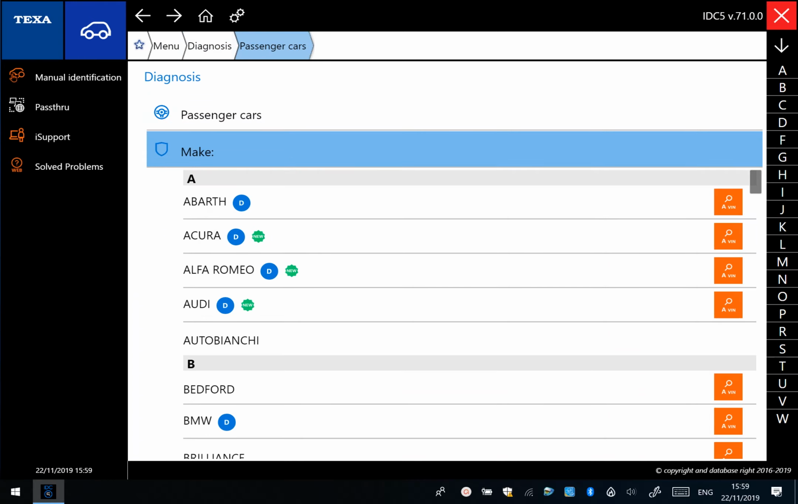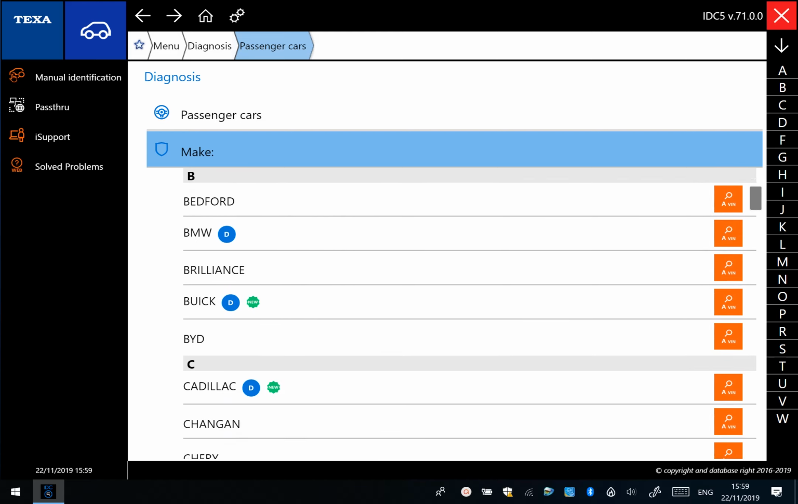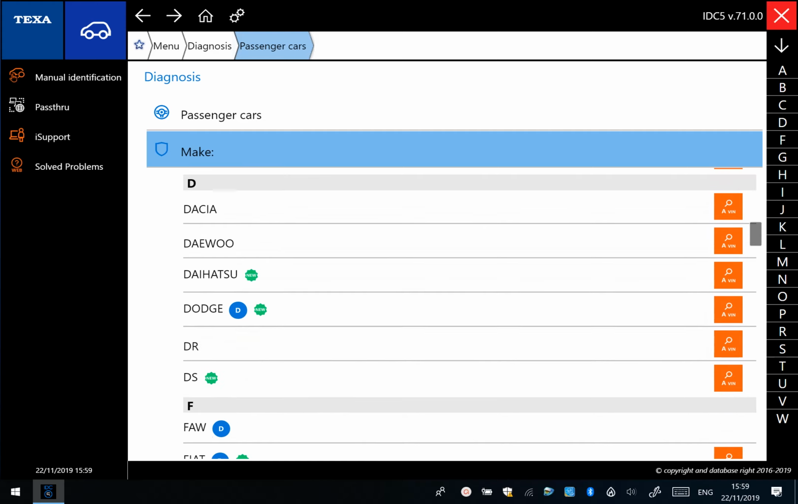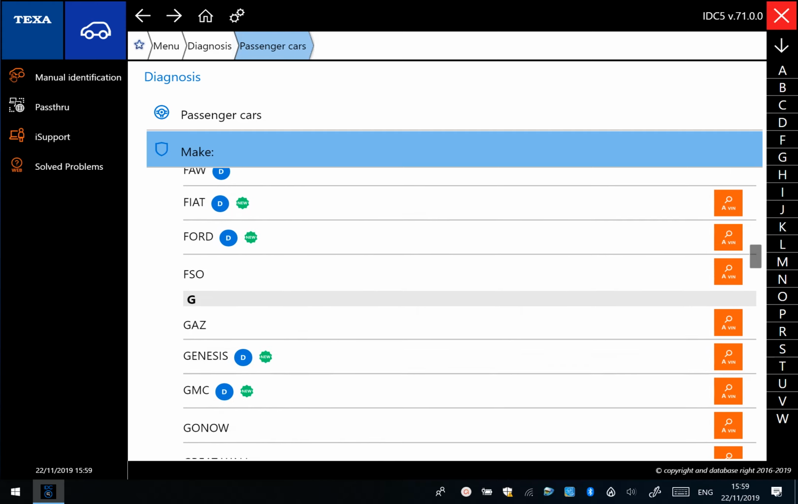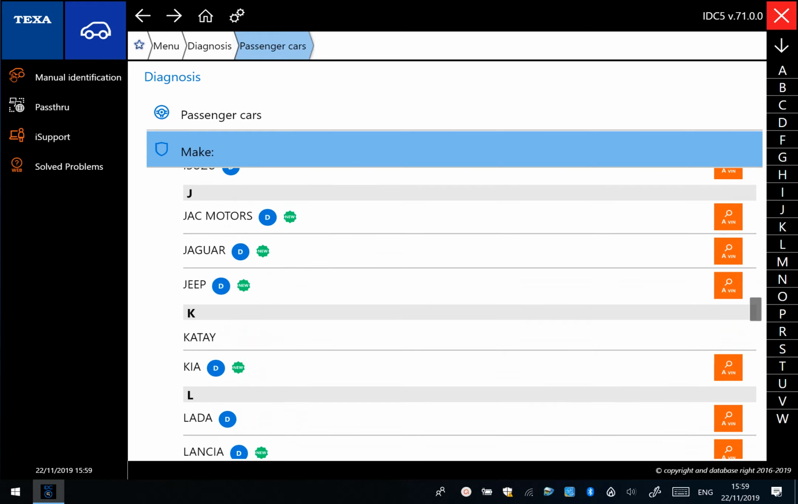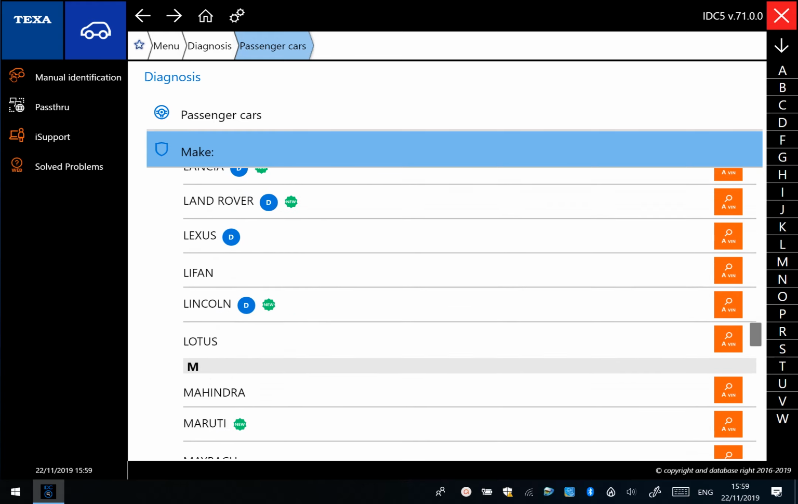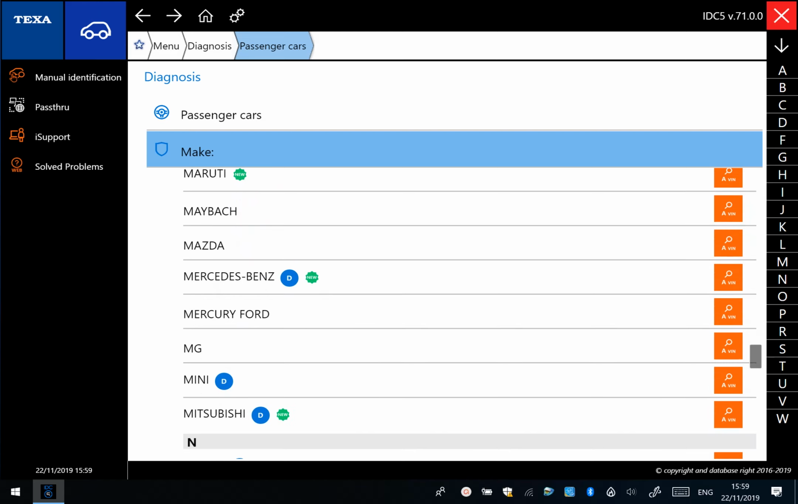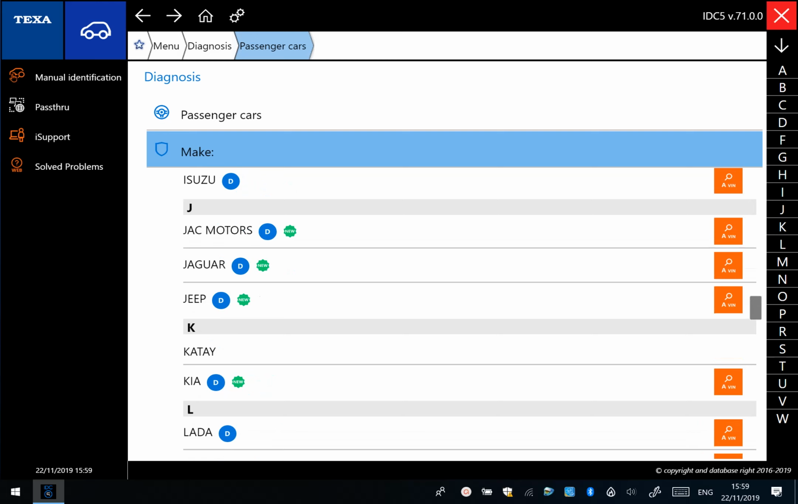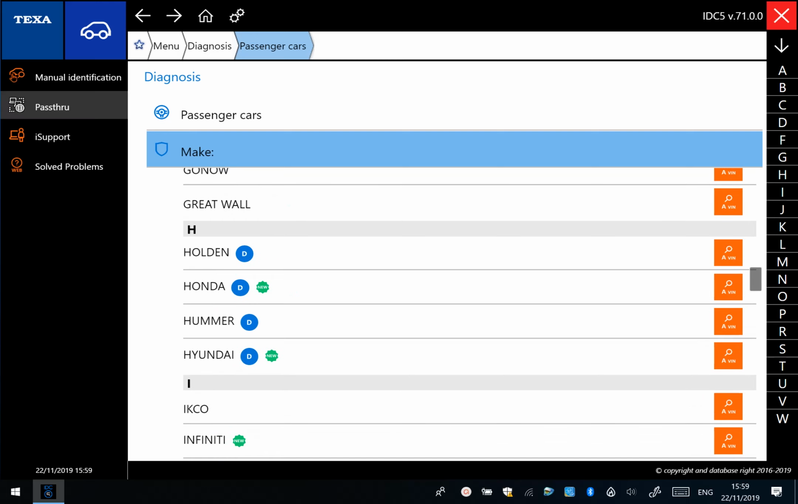So again, you can see we've got an A to Z list of pretty much every vehicle from around the planet, all the way down. You can see pretty much everything is covered. So in a similar vein, we'd be able to look at each car and talk to them, but also we've got pass-through